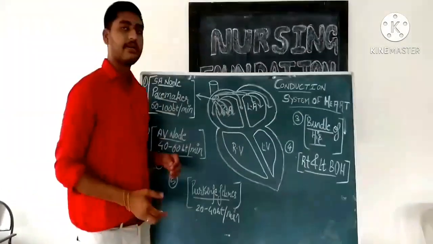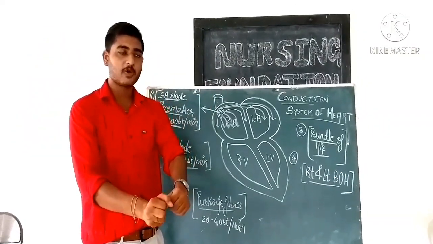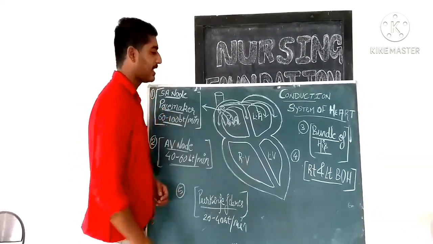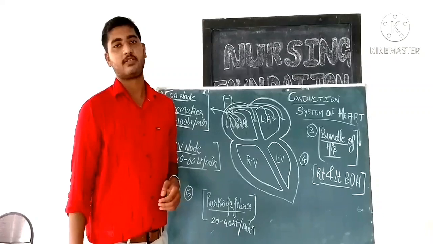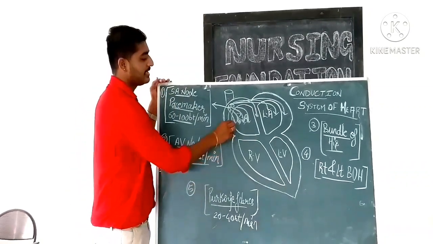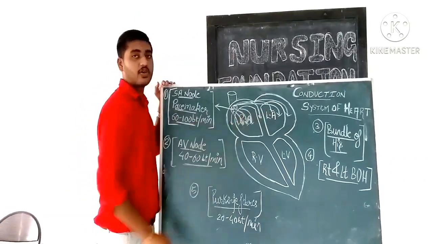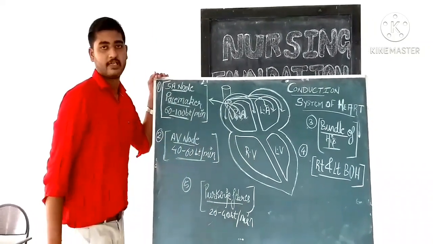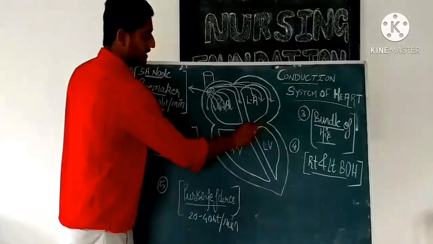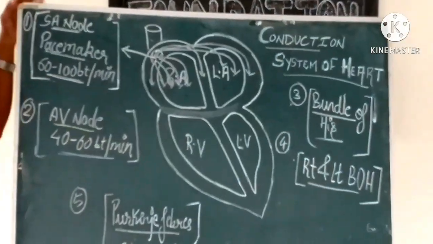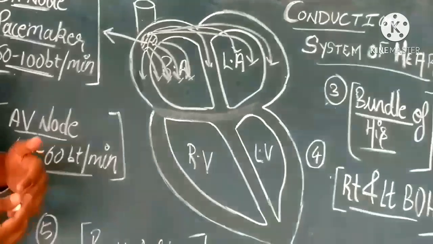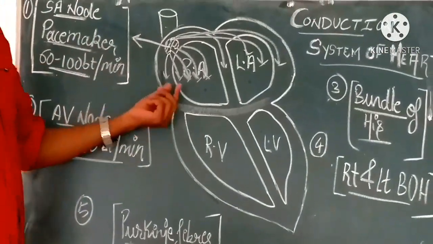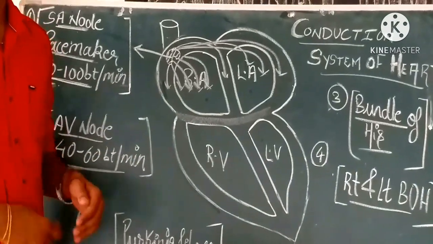Okay. Now, as the electrical impulses are reaching, both the atriums are going to contract from top to bottom. It is contracting from top to bottom because it wants to pump the blood in downward direction into both the ventricles. Okay, now these signals or the electrical impulses, they are not reaching the ventricles. That is just because in the atrioventricular septum we have a certain set of fibrous tissues which does not allow the passage of the electrical impulses, as they are the bad conductor of electricity.